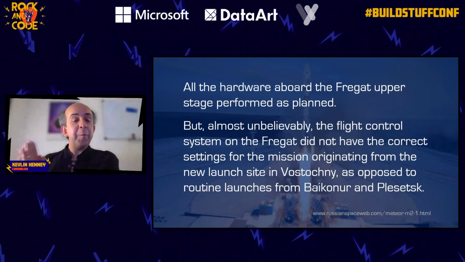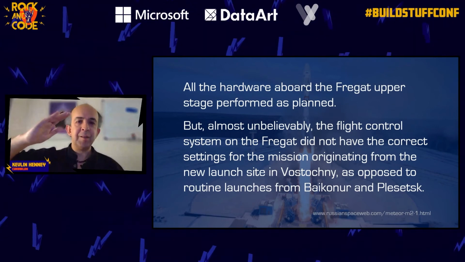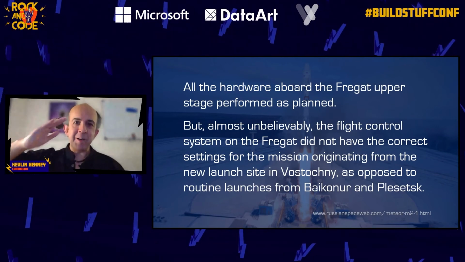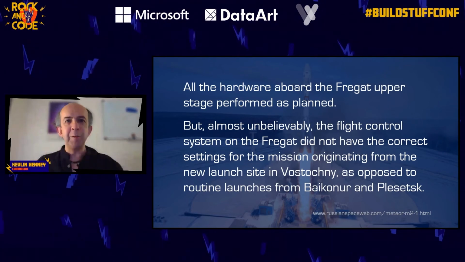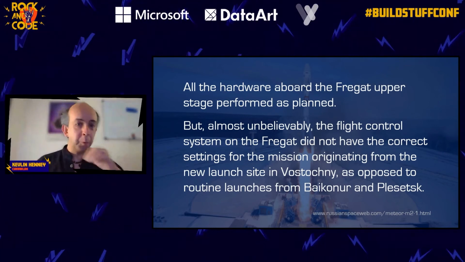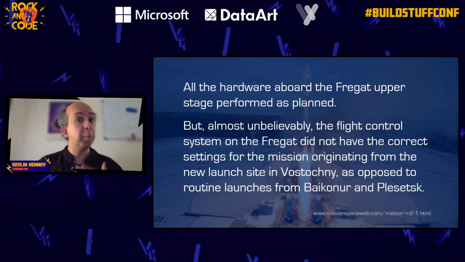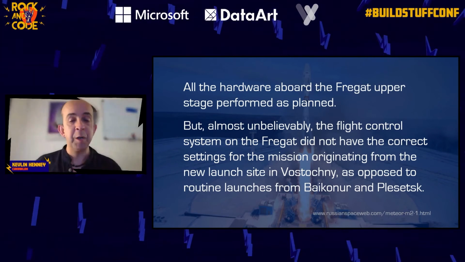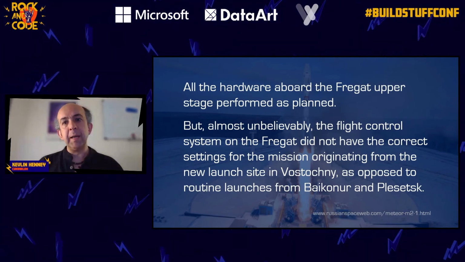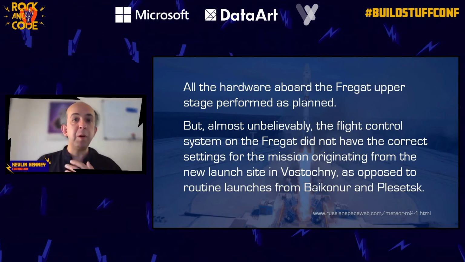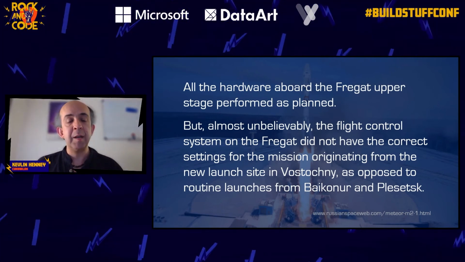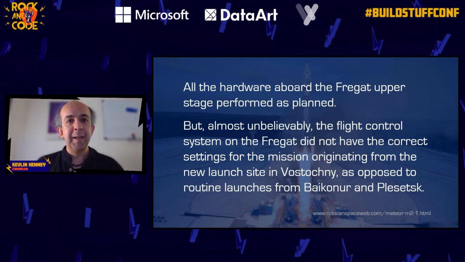So when the final stage basically started up, it was kind of looking around, going like, good grief, I am half a world away from where I should be. I am way off course. I need to fire a course correction, at which point the code actually worked correctly. And the upper stage was seen re-entering the Earth's atmosphere somewhere around Iceland. It was a British Airways flight that spotted it.